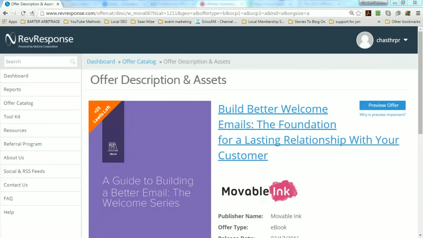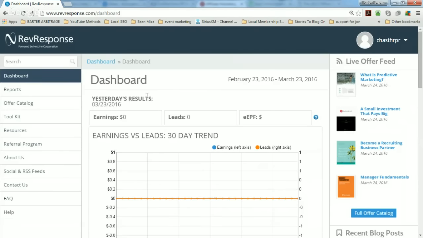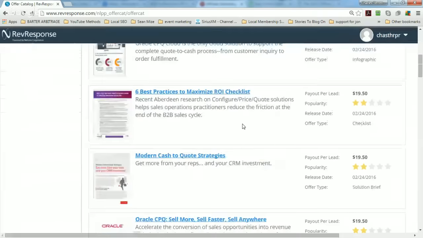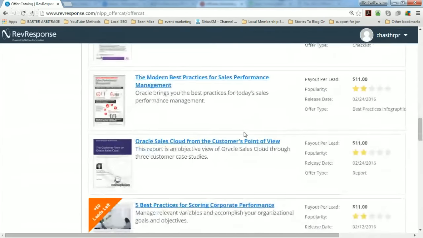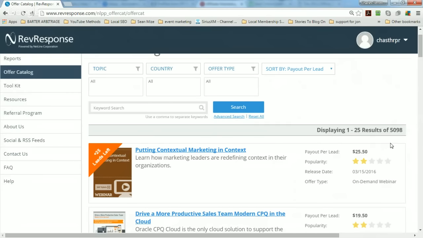But what you have here, in effect, is like a CPA offer, except these are all business-related opt-ins and business-related topics. So every time somebody opts in and grabs this offer, you are going to get paid to give them the lead. In this particular case, you get paid $25.50 for every lead you refer.